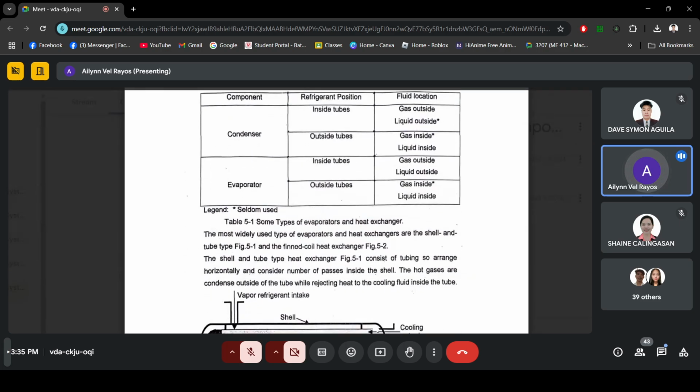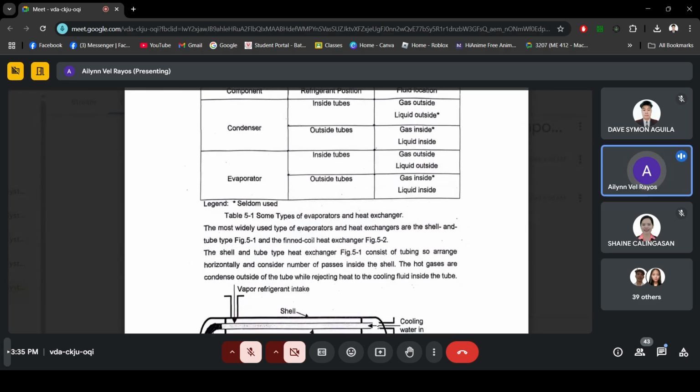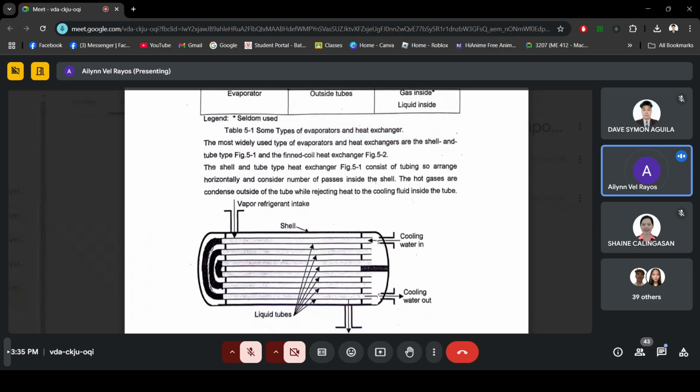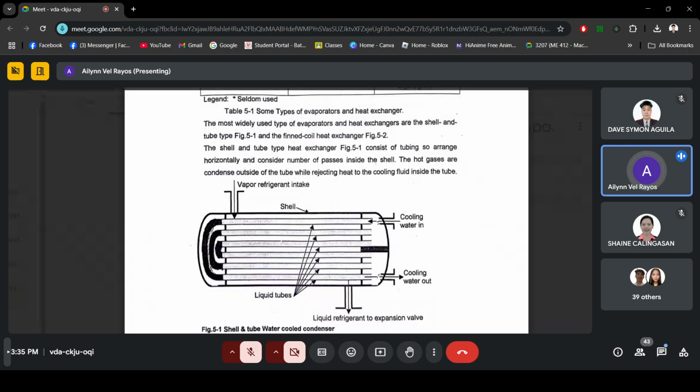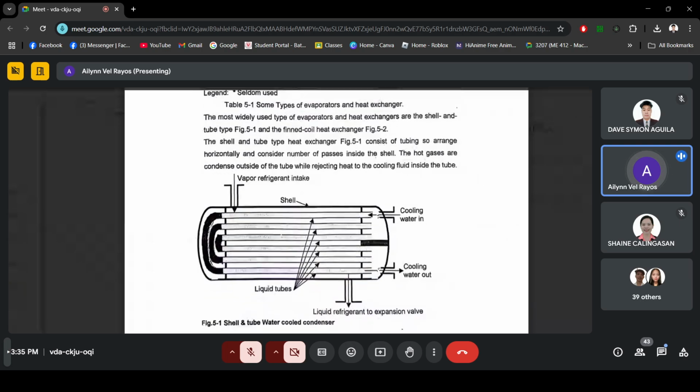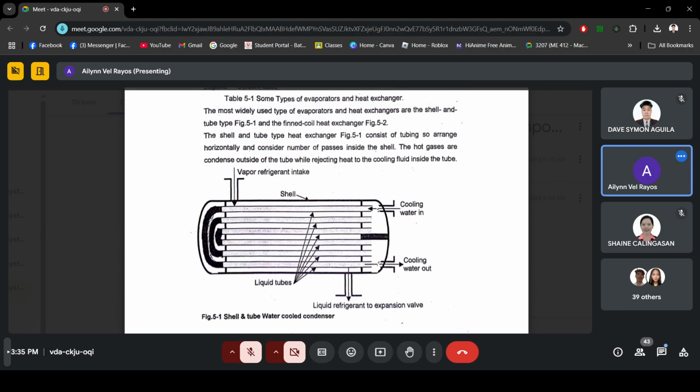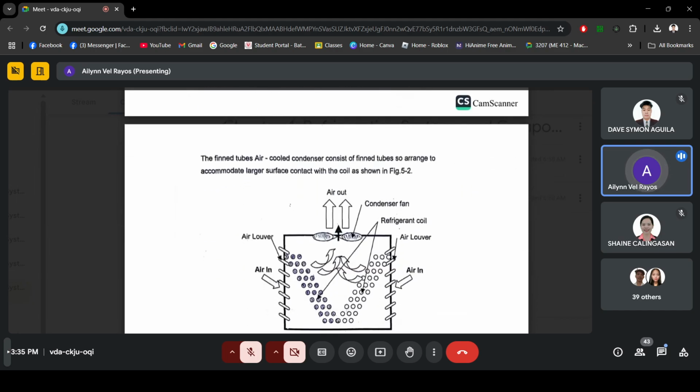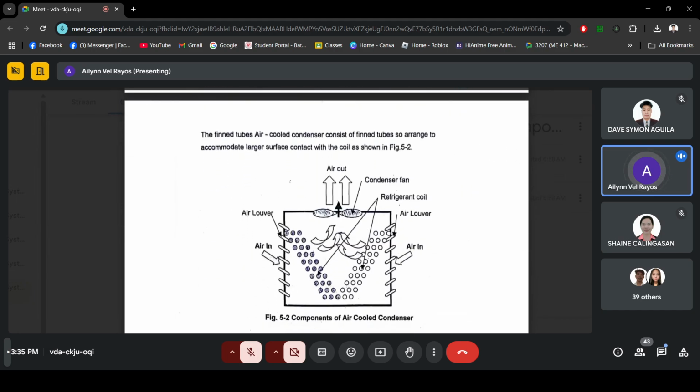Okay, so the most widely used type of evaporators and heat exchangers are the shell and tube type, which is being shown. So the shell and tube type heat exchangers consist of tubing so arranged horizontally and consider number of passes inside the shell. So the hot gases are condensed outside of the tube while rejecting heat to the cooling fluid inside the tube. So another type is the tube air-cooled condenser, which consists of fin tubes so arranged to accommodate larger surface